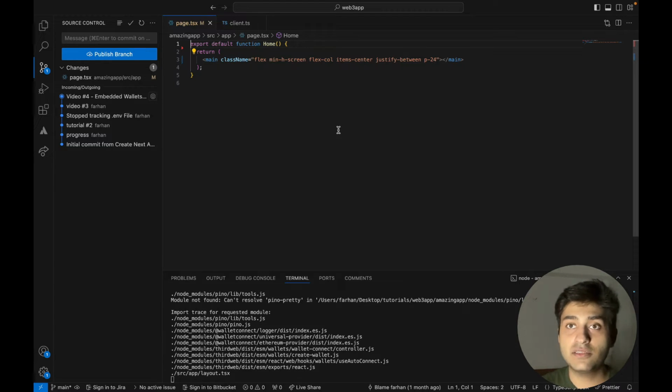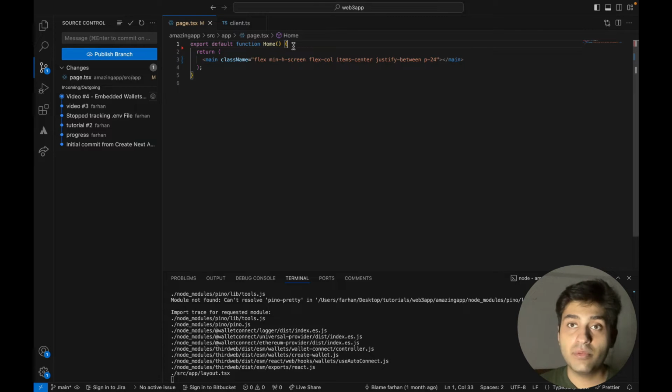So let's go ahead and get started with the very first one, which is simply logging in using a social account like Google. So I'm inside of page.tsx, and as I mentioned before, we are going to be using hooks. And the thing about using hooks in Next.js, or any React application for that matter, is that you need to use them inside of the function component. And in this case, the function component is the home component, and we need to call the hook within this